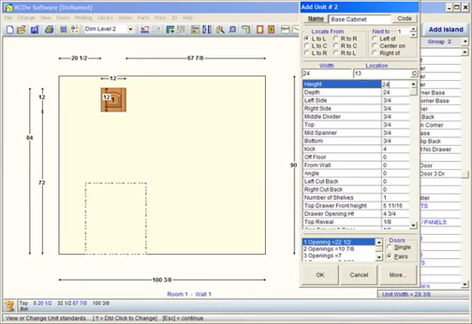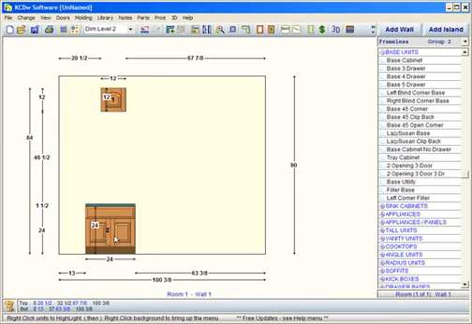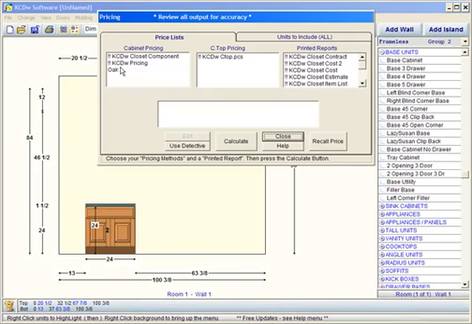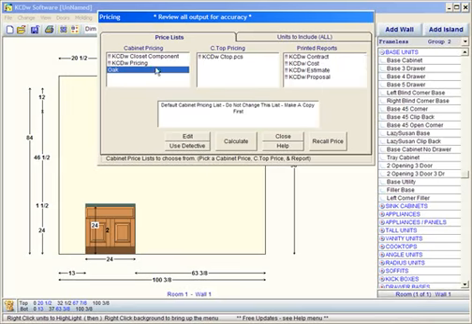Now all we're doing is, we know that that's 4 square feet. This is 1 square foot. That way when we go to look at our pricing and we're doing a footage, let's say, pricing method, we can look at our pricing to make sure it's working the way we want it to. So if we go to Price, and I go to my oak pricing, and I just want to see what these 2 cabinets are coming out as, I could just click Calculate,